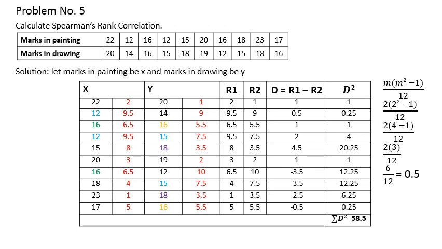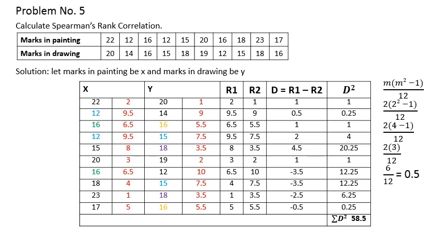That's all. Now you assign ranks to the second set of values. Highest value is 20, first rank. Next highest is 19, second rank. Next highest is 18, that is repeated twice, so it becomes 3.5. Next highest is 16, that is also repeated, so it becomes 5.5. Next highest is 15, that is also repeated, so that becomes 7.5. Next highest is 14, 9th rank. Next highest is 12, 10th rank.